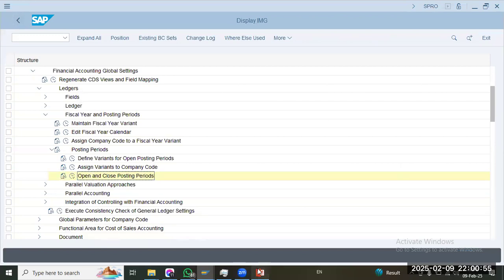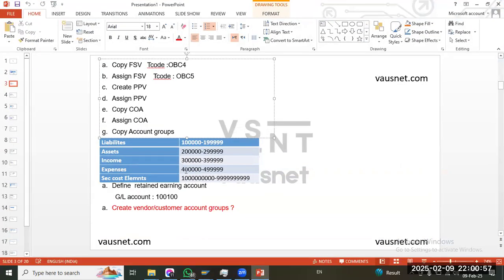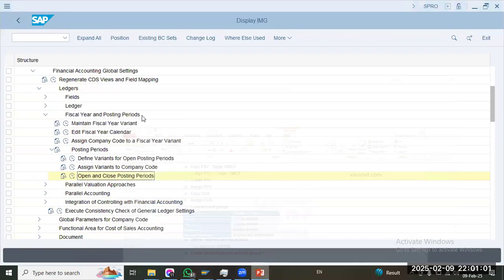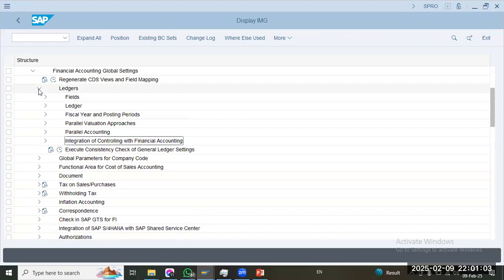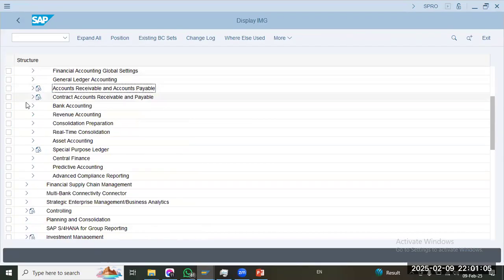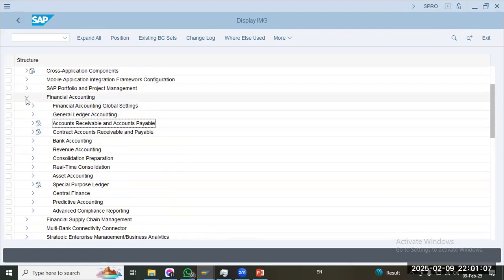Okay, now this is done. Next is copy account groups and copy chart of accounts. Now this is the next part. Chart of accounts are basically the backbone of